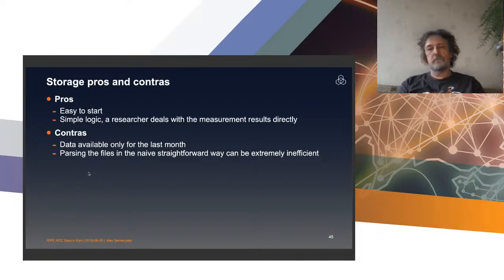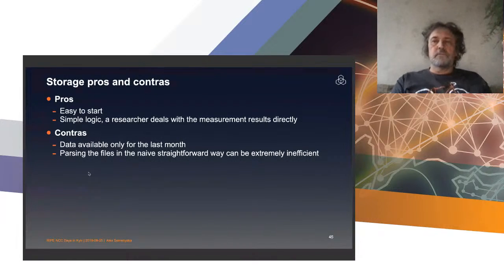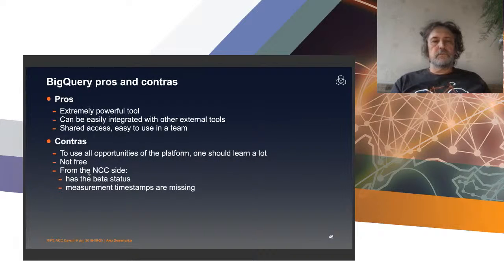And also you see the files sorted by the hour, so you can go directly to the file that lies within your sphere of interest. But this is quite a naive and straightforward approach that can be very inefficient and can take an enormous amount of time. Yes, it's the simplest technique. However, these files are only available for data that was generated in the last month. And if you're looking for data older than one month, then sorry, there is no such